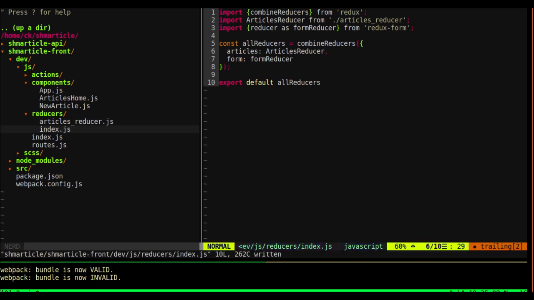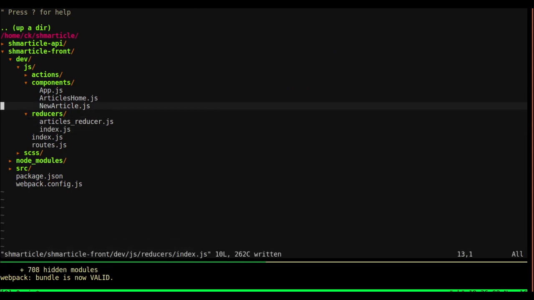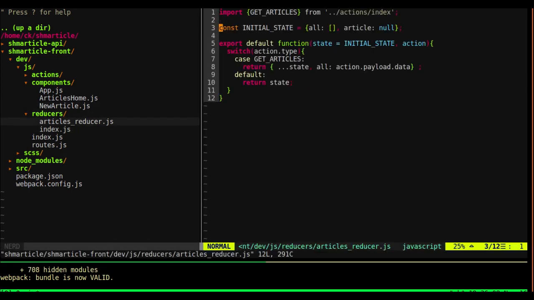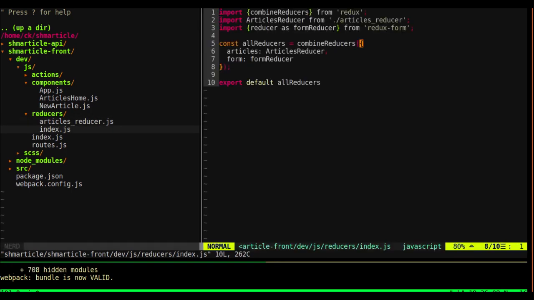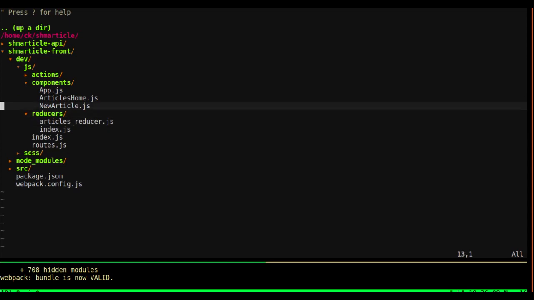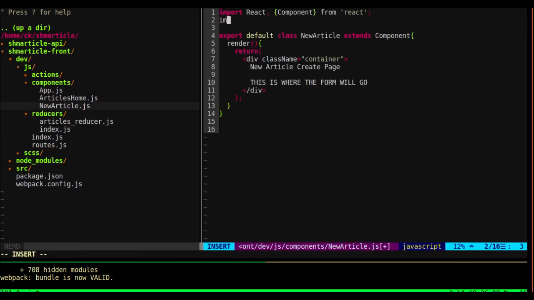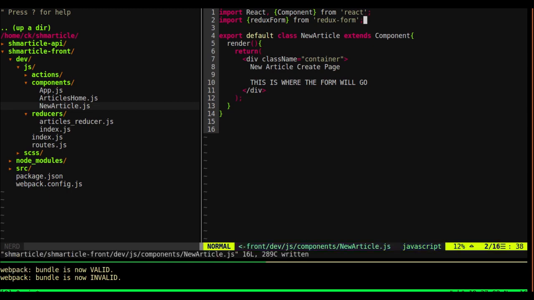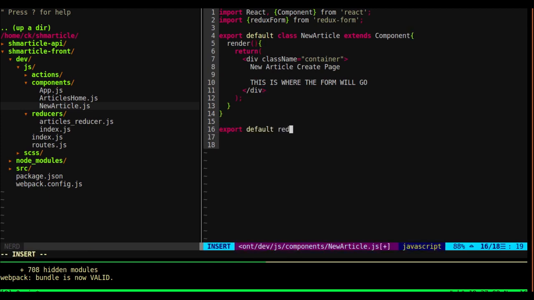Great, that looks good. Then let's go into our new article. Let me see, I got that right. Whoops. Yeah, all looks good. Don't have any errors. Great. We'll go into our new article component. We're going to import Redux form from Redux form, semicolon, and we're going to go ahead and use it here at the bottom. So we're going to say export default Redux form